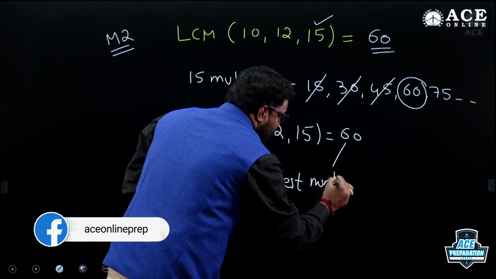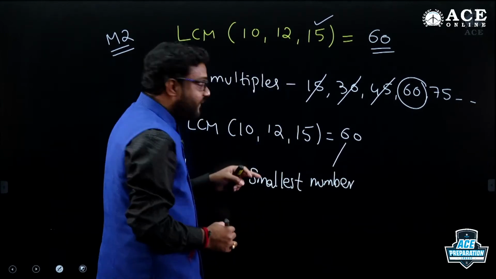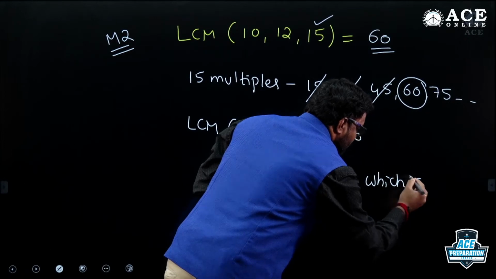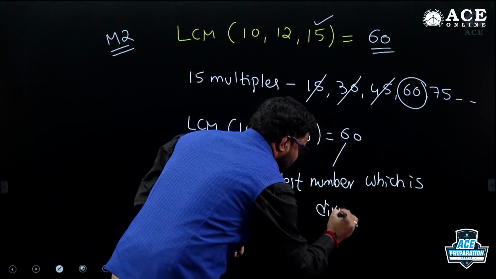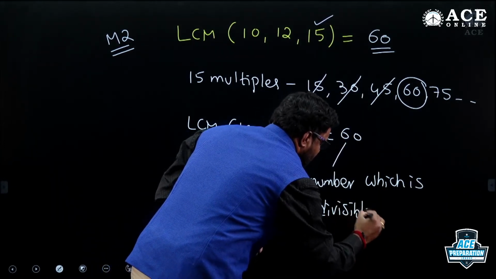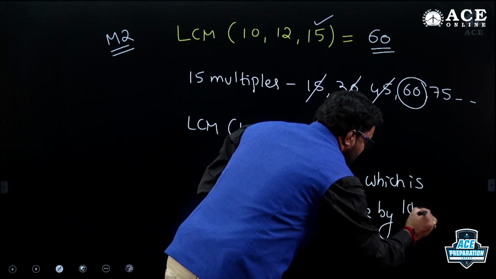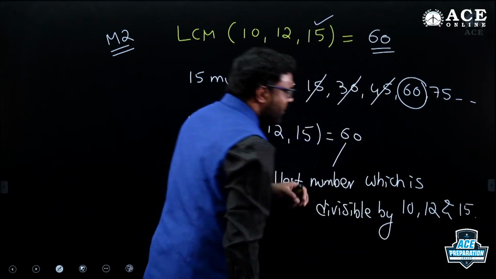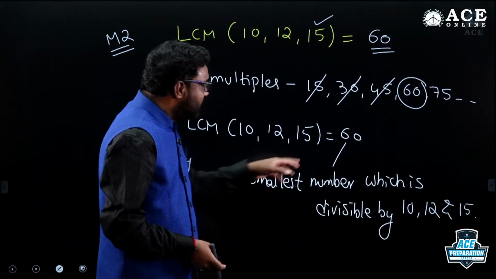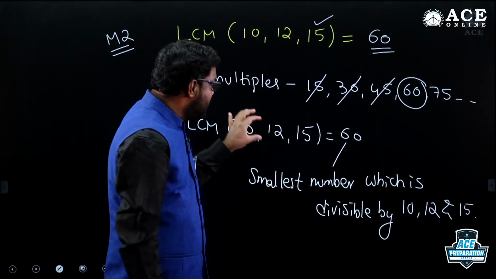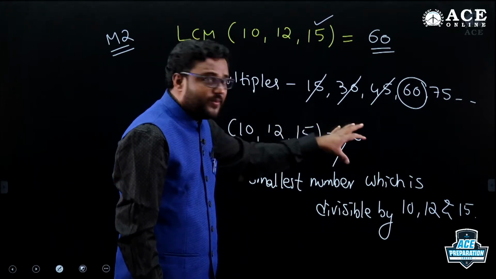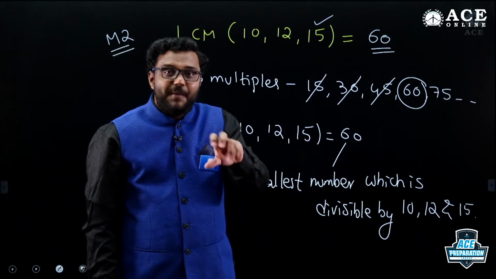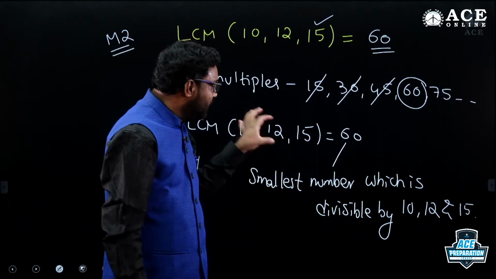60 is the smallest number, or least number, which is divisible by 10, 12 and 15. See, multiples divisible by, okay, is almost similar here. 60 is the least number which is divisible by 10, by 12, and by 15. See here, guys, if they give the options for the given number, okay, they give certain numbers and they'll